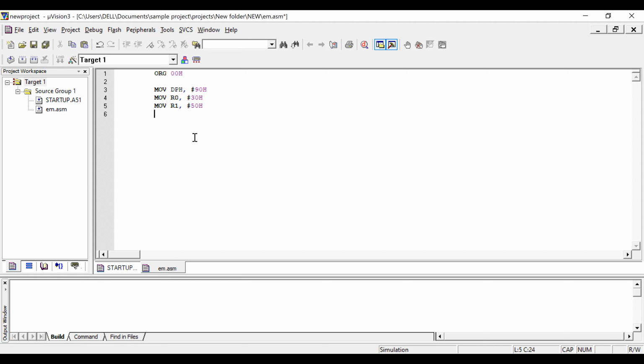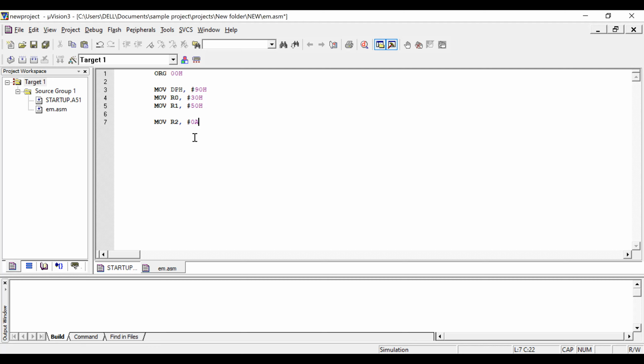Now how much data am I going to use? I'm placing it into some other register. I'm going to use 10 data. So I can give 10. This 10 indicates decimal. You can use this, or you can use 0AH.